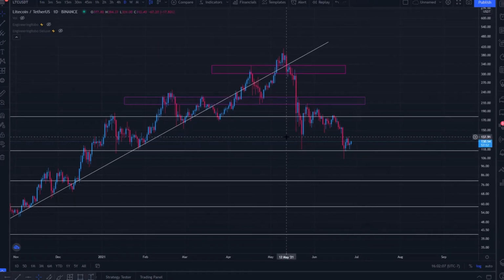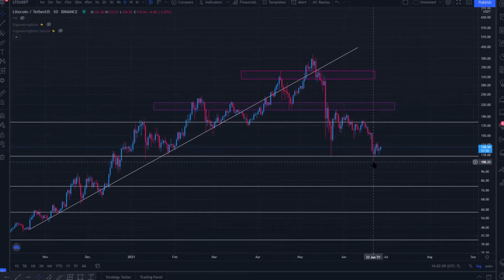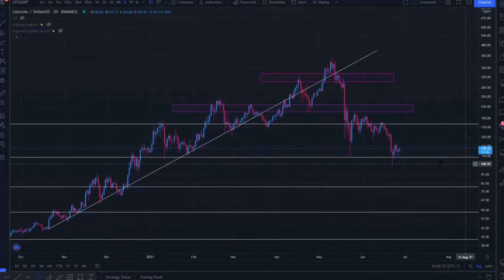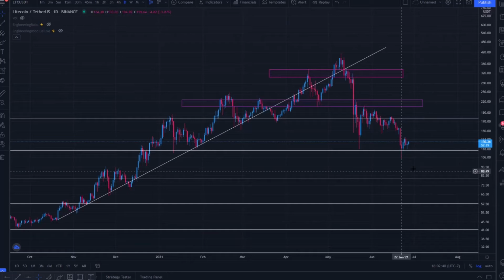Although price action will have to play out moving forward with this wick on the 22nd of June, a few days ago, down to that $106 level is going to be a tad short-term bearish in my opinion, and we could have some daily candle bodies closing near that $116 level before we can confirm it as significant support. The $100 level is going to be a psychological round level that I believe we could be very much bearish to interact with, and is going to be very pivotal moving forward. Price action above that $116 level is going to be more short-term bullish in my opinion.